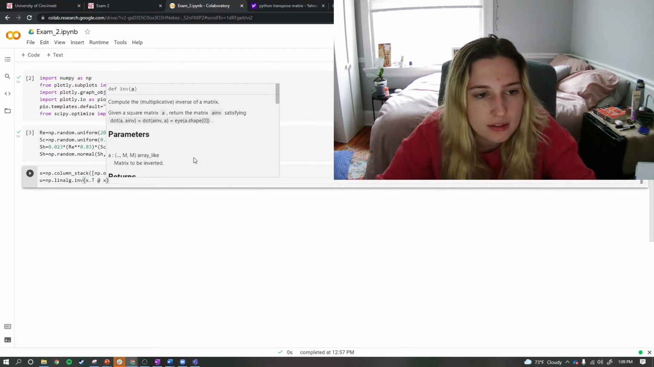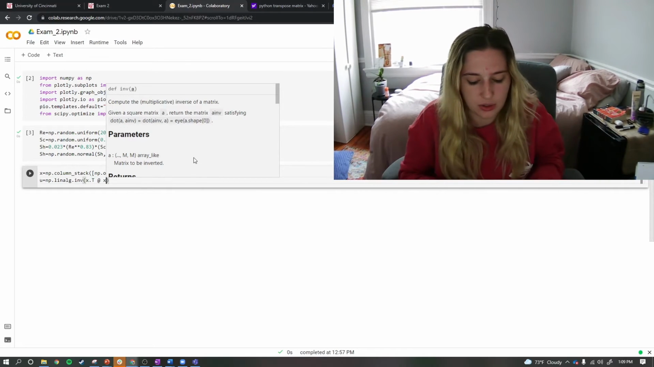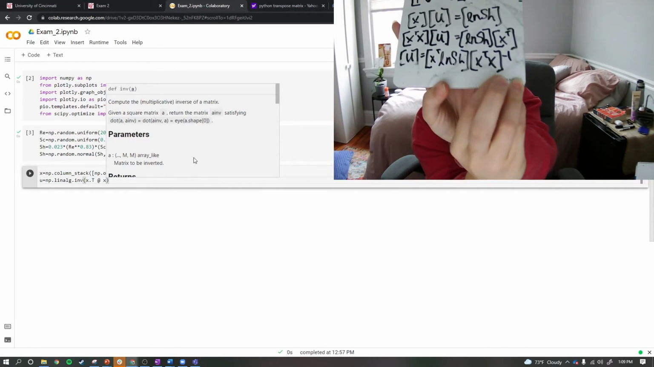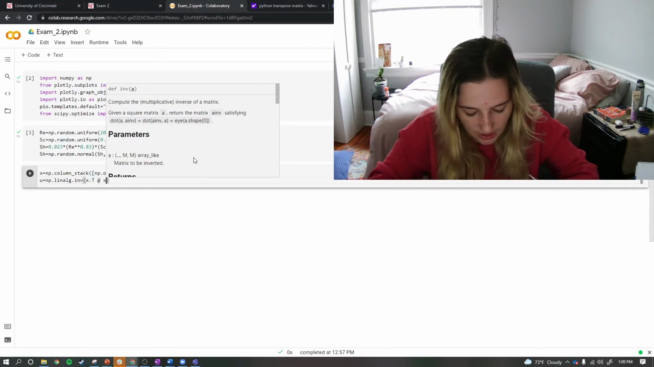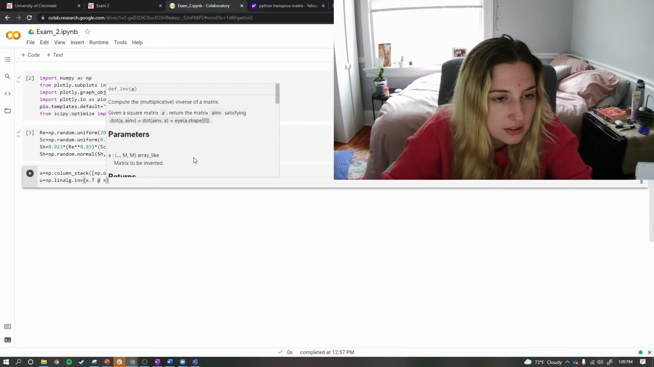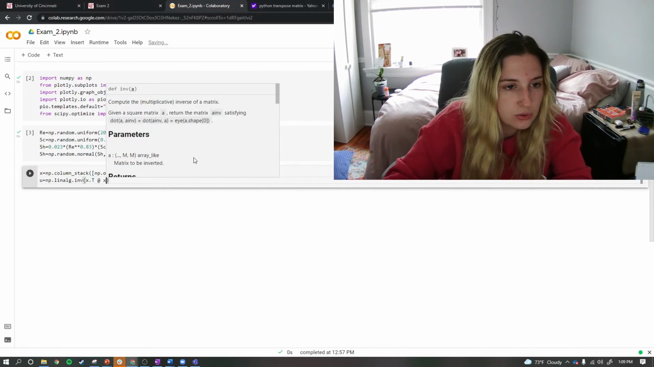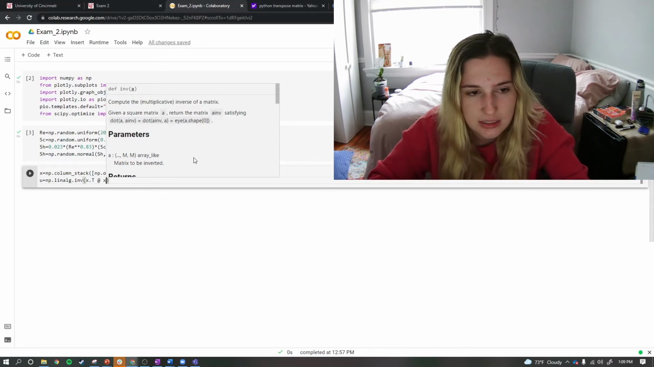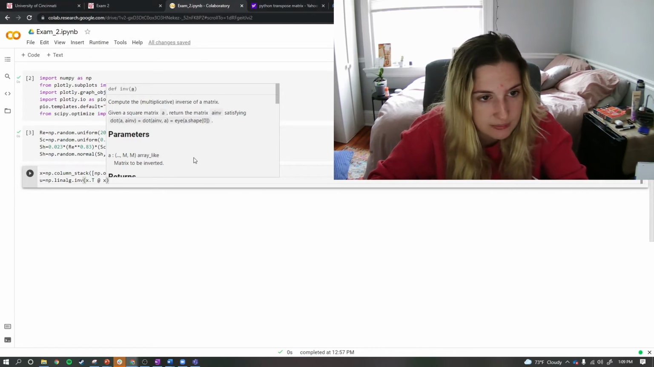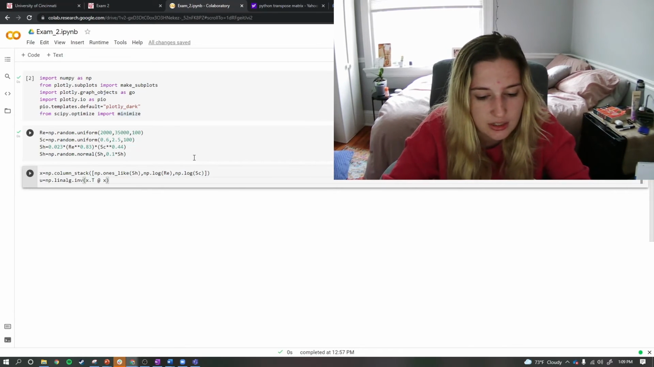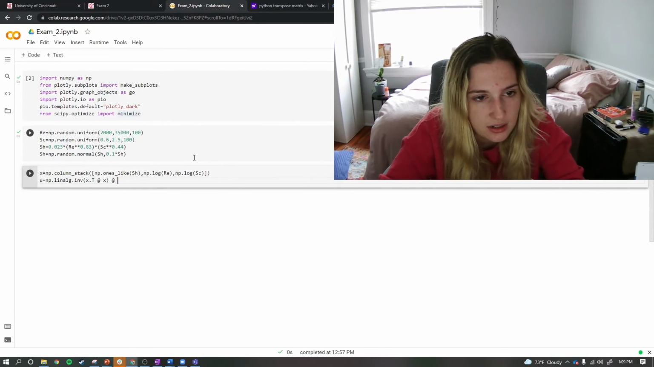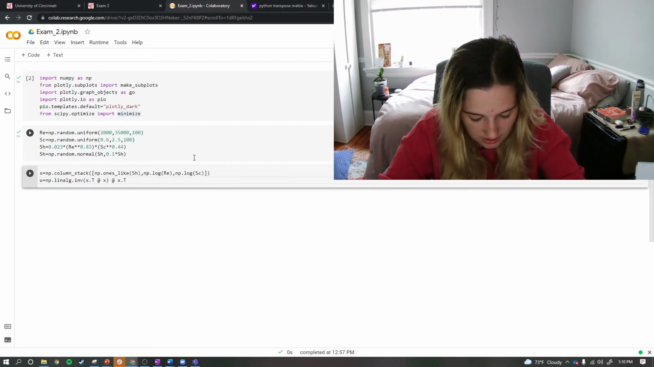Multiplied by X. So we're doing the inverse of that, which is here on our sheet. And then we're going to do multiplied by the transpose X. So how do I write this? So this is outside of the inverse. So then I guess we'll do the @ outside. And then X dot T again times